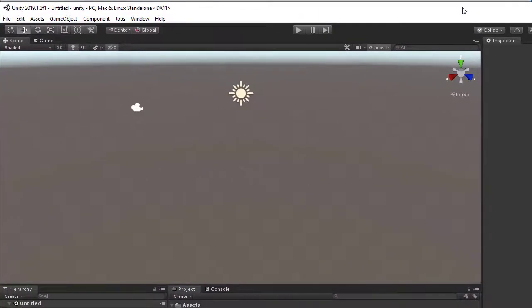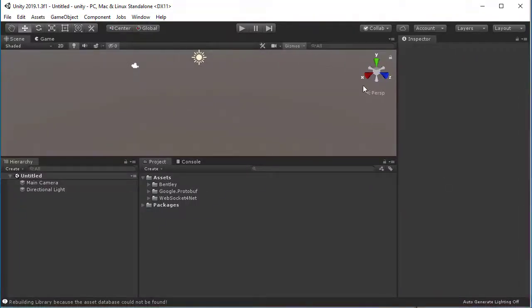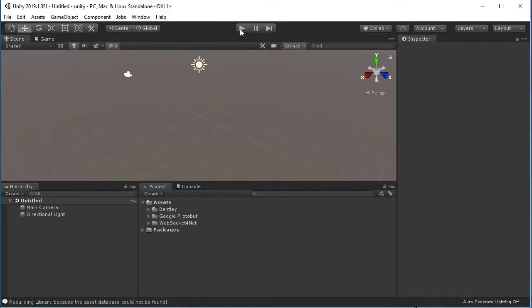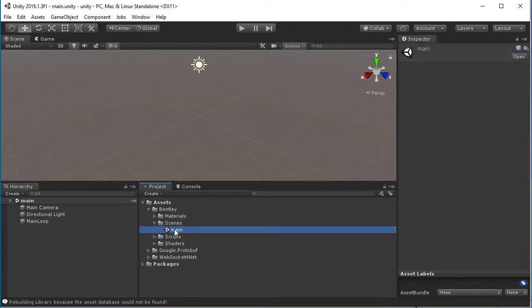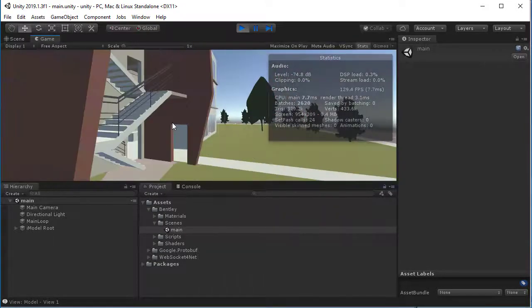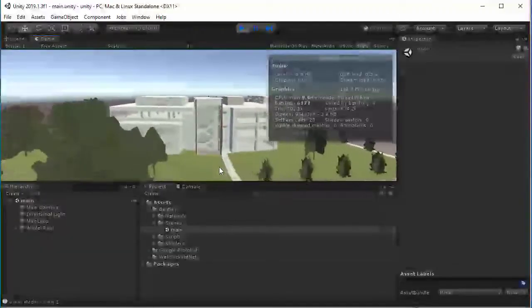All right. Application is loaded. Resize my window to fit into the recording area here. All right. Now, important thing to do is we need to open the actual scene. Unfortunately, I can't specify in the project which scene to start with. Once we've done that, we can push play, and voila, we've connected to the server, and we are streaming in